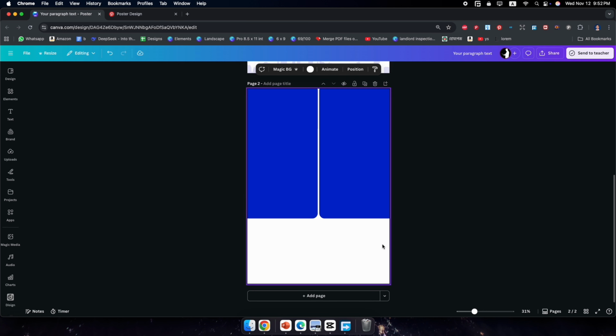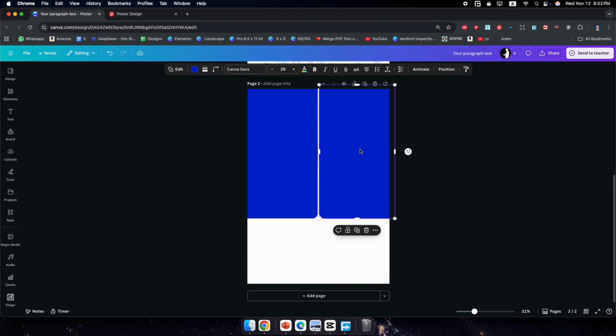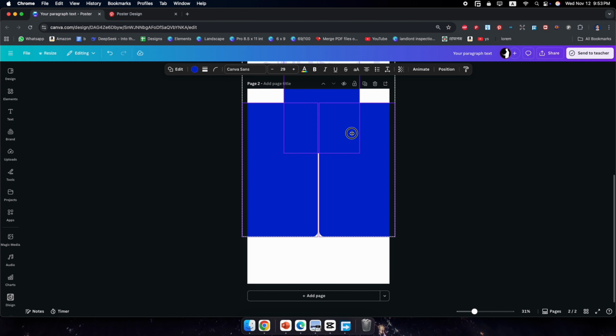Now I have a thing that I have to focus on in this original design, that the airplane is not covering the whole vertical space. It is stopping in the middle. So let's make a copy of this and then place somewhat like this one and place everything down and make it a bit larger. Okay,